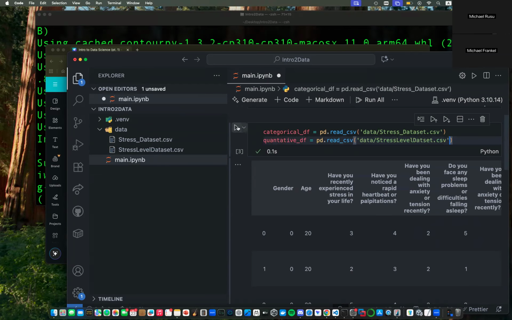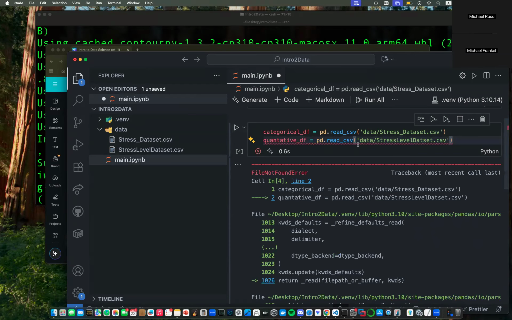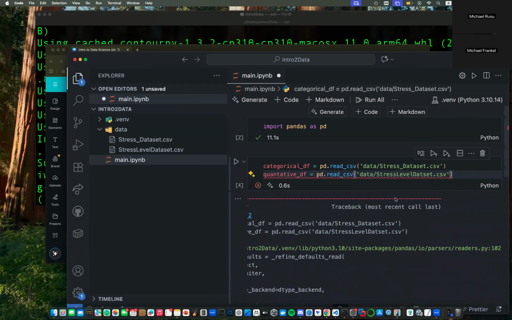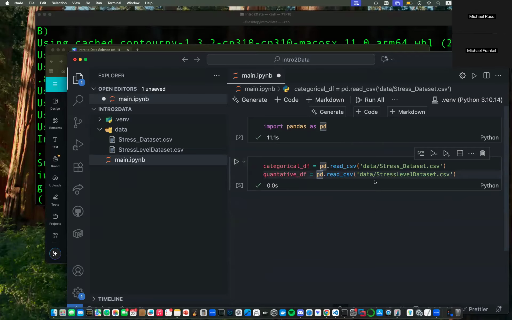That'll be a lot easier. Hello, it did not find it. It might have not found it. Yep, no, it didn't find it. Where did I misspell it? Data, second one, yeah. Data, there we go. Data set. So now we have both of our data sets loaded.